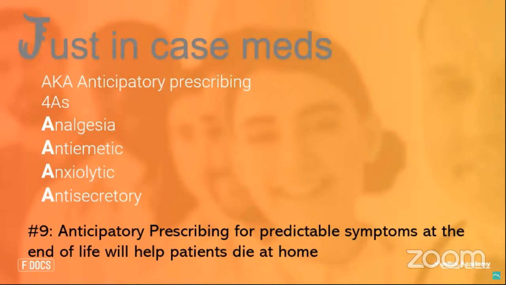And so for analgesia, we would normally go with subcutaneous morphine, because we have to think that in the final hours or days, it's very unlikely the patient would be able to swallow. So these need to be injectable medicines. And normally a low dose of 2.5 milligrams or 5 milligrams.